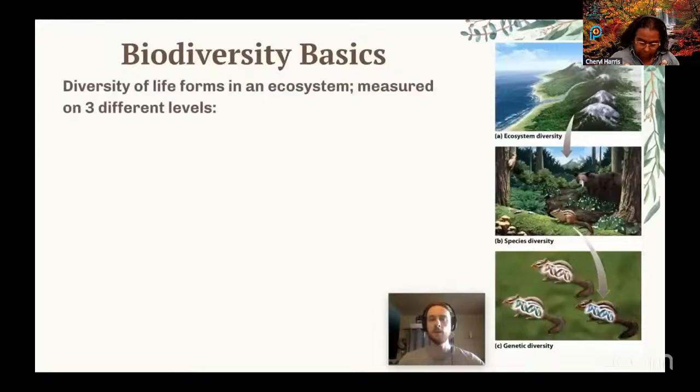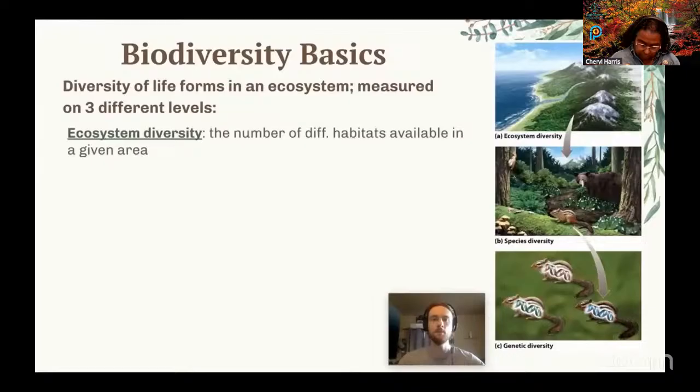different levels or scales. So the first and biggest level of biodiversity is ecosystem diversity. This is the number of different habitats that are available in a given area. So if we look at our diagram on the right here, we can see a bunch of different habitats. We have the ocean or potentially a large lake. We have a beach ecosystem, river ecosystem. We even have a little grassland leading up to the forest. Then we have a mountain ecosystem and even a desert on the backside of that mountain. So this is going to enable a wide diversity of plant and animal species due to all of these